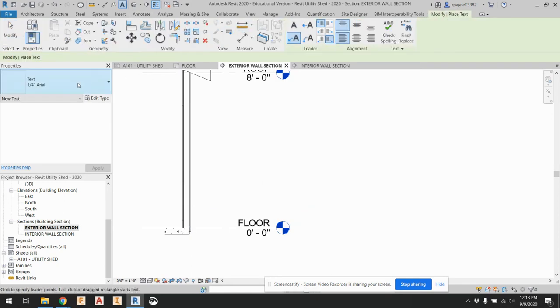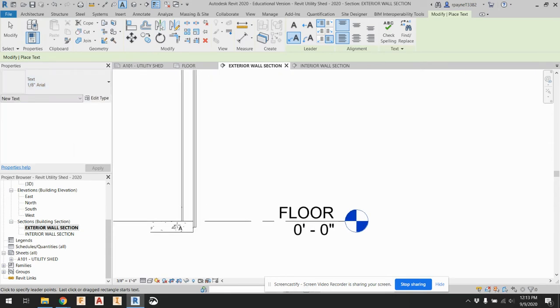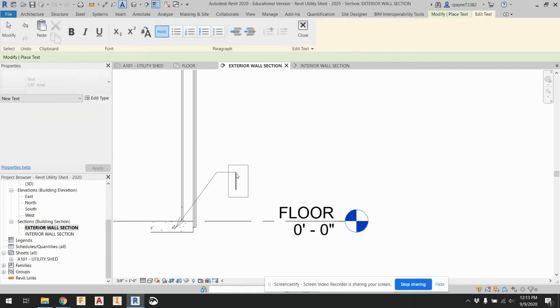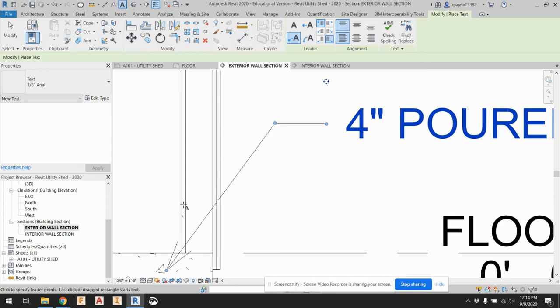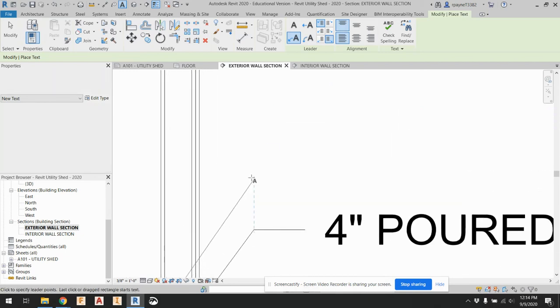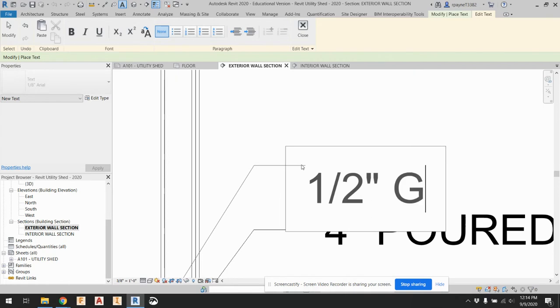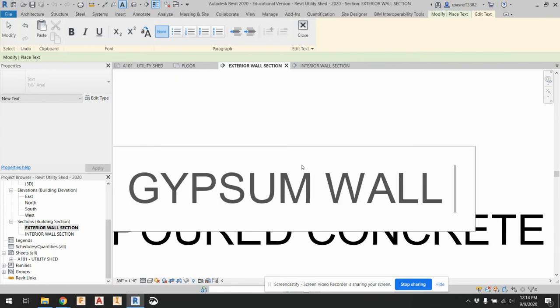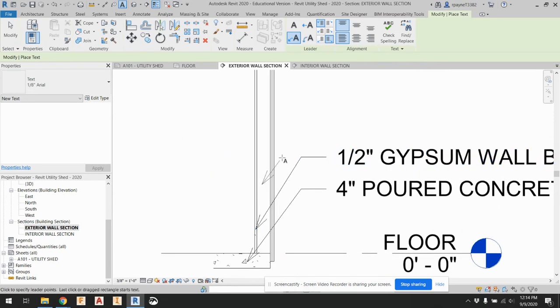All right, so text, make sure you select the 1/8 inch. And it's going to be 4-inch poured concrete. All right, I'm going to work from the inside out. So I'm going to make sure it all lines up nice and neat. That was my 1/2-inch gypsum wallboard. So nice drywall. And then this is my